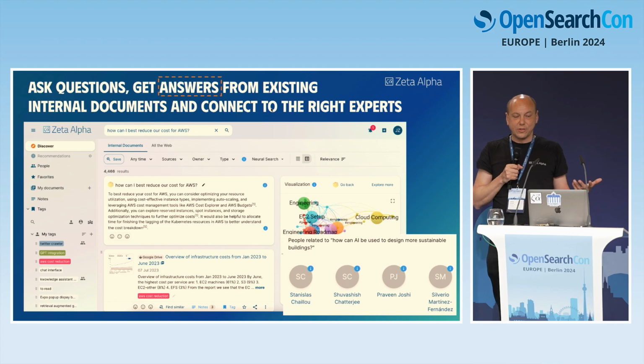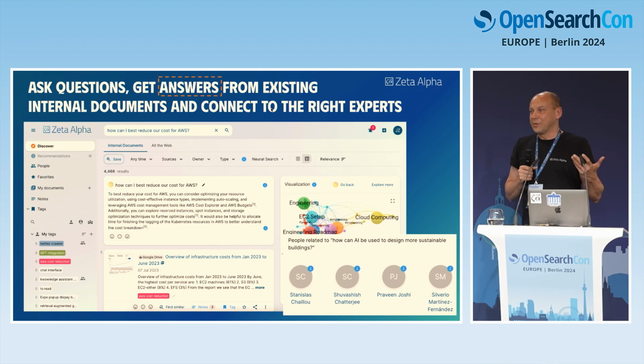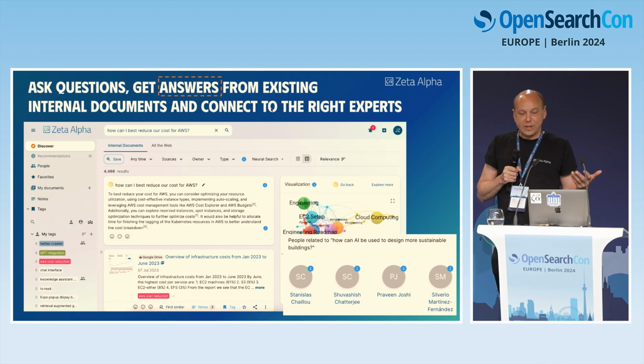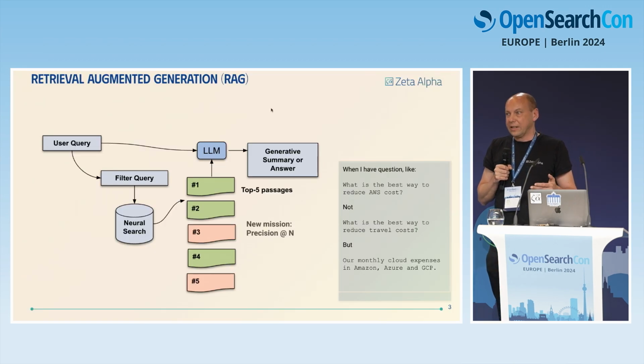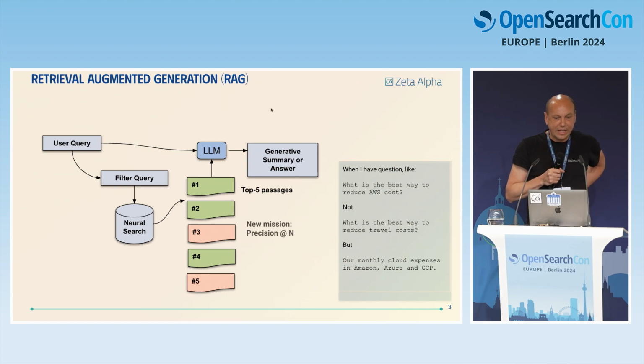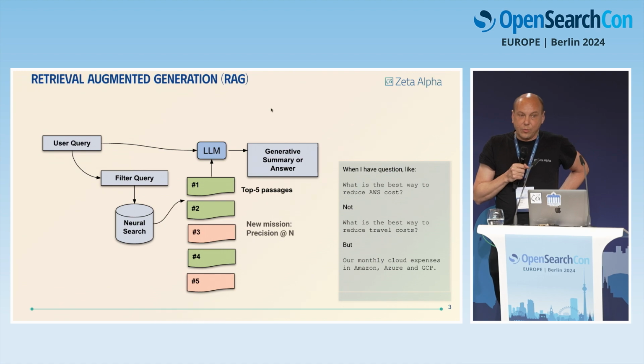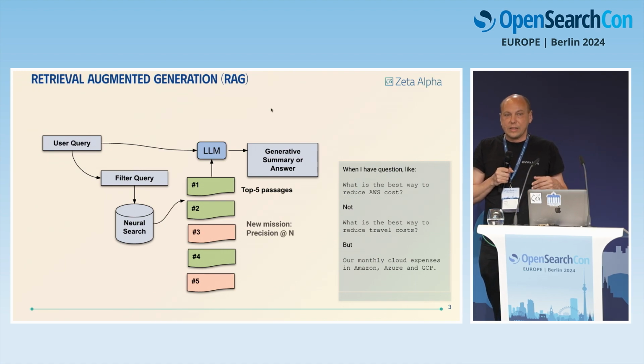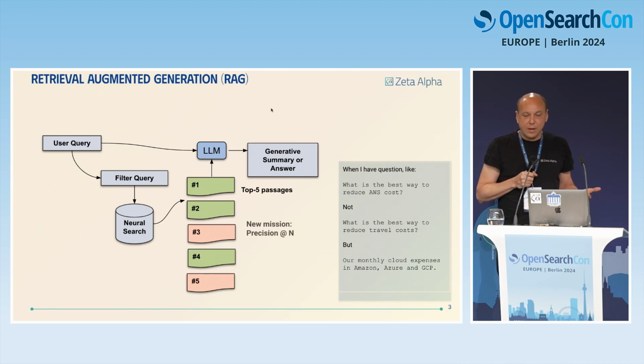So with the large language models, we have obviously gotten this new way of search, which is basically question answering, right? You throw retrieved documents at an LLM with a prompt, and you get an answer with references back to the original material. And the underlying technology, we've heard a couple of talks this morning, is retrieval augmented generation. And with the advent of retrieval augmented generation, semantic search relevance has become really important,